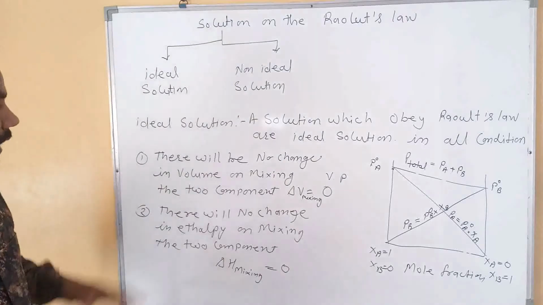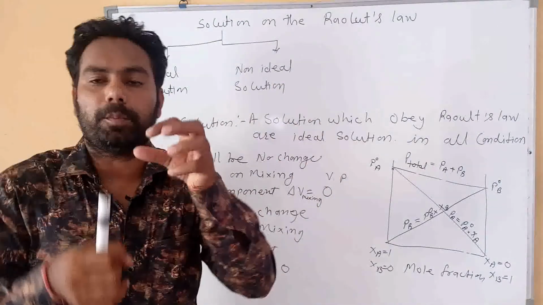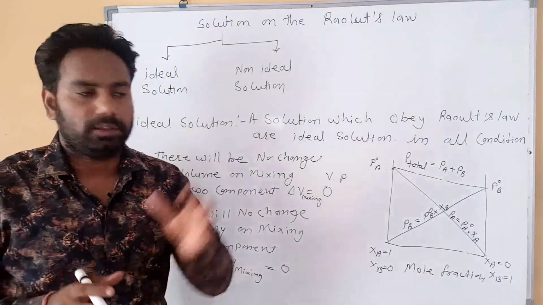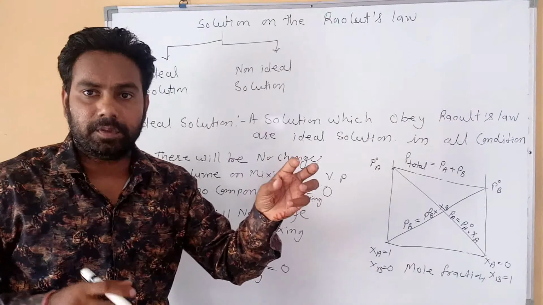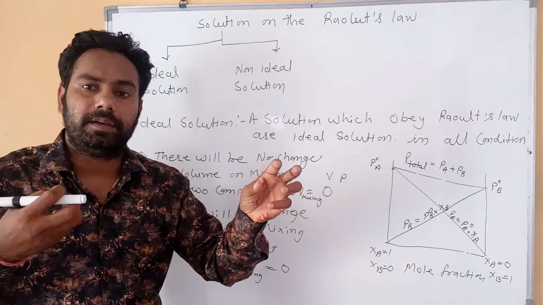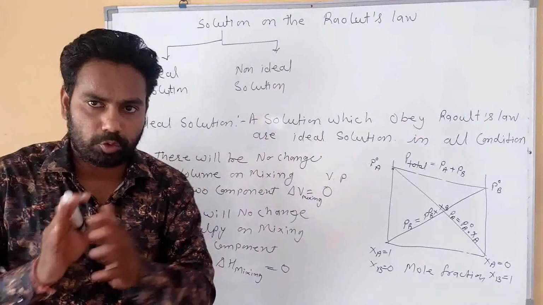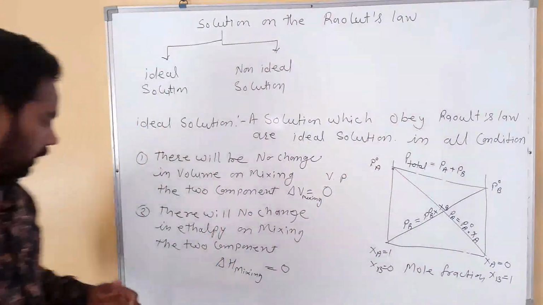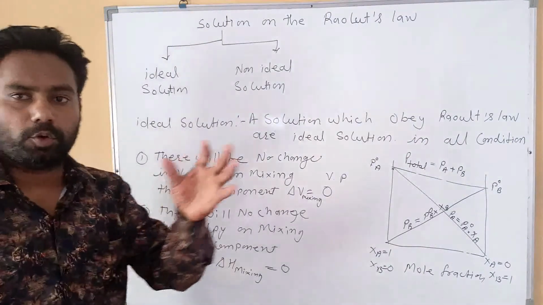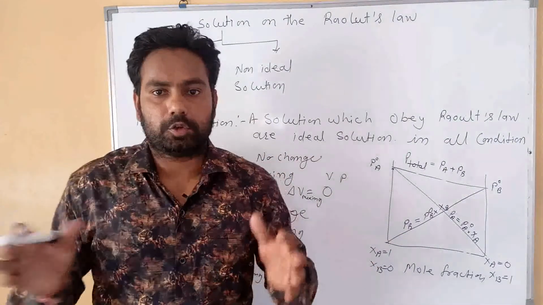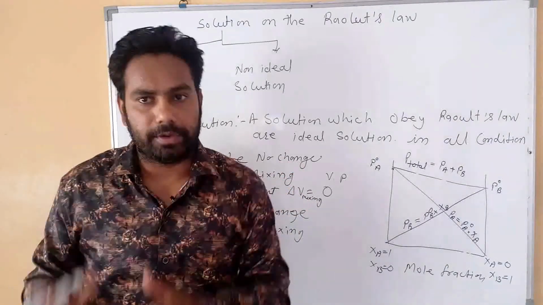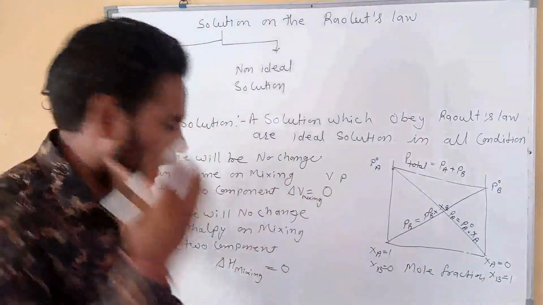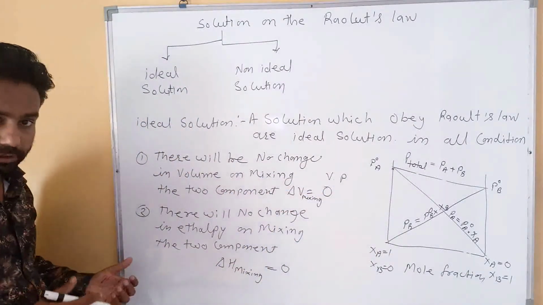What happened here? When we mix two components for preparing solutions, there is no change in volume. Suppose solvent is 80 ml and solute is 20 ml, so total solution is 100 ml. No maximum volume of solution, no minimum volume of solution. Here also, if the temperature of solute and solvent are fixed, then the solution temperature is also fixed. No change, no variation, no positive temperature change, no negative temperature change in ideal solution.